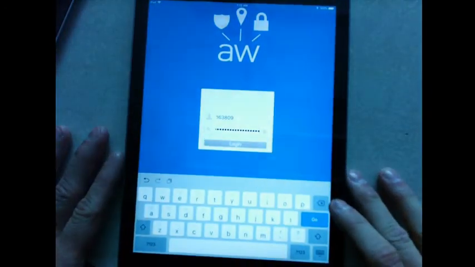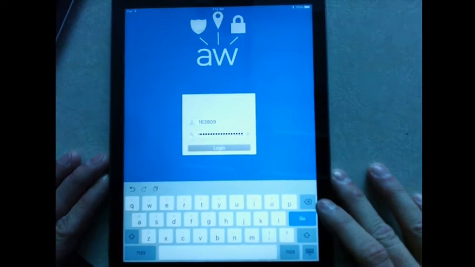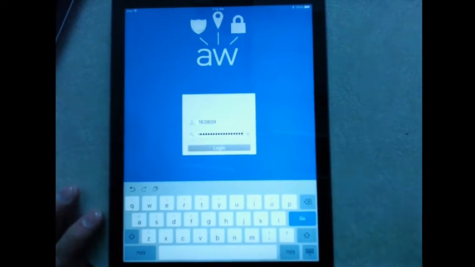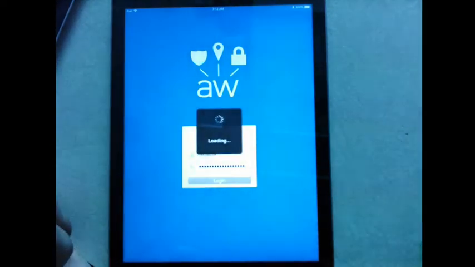Okay, so I got my employee number and password plugged in there. Any TDSB staff member can put in their employee number and password in here. A student can try to put in their student number and password in here, but it won't do anything. But you as a TDSB staff member, even the caretaker, can pick it up and put in their employee number and password in here and tap log in. And what will happen is all the restrictions will magically vanish from the device. So it says success.